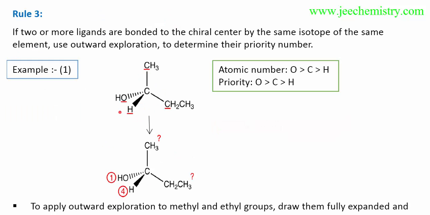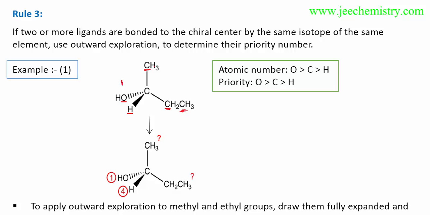Here is the carbon, oxygen. Oxygen has the highest atomic number, so it is given number 1. Now two places: the first atom is carbon, the first atom is carbon. These two carbons are equal; if atomic number and mass number are equal, then you have to consider the second atom which is attached to this first atom. With this carbon, hydrogen is attached, but with this other carbon, another carbon is attached, so we have to consider the second atom.